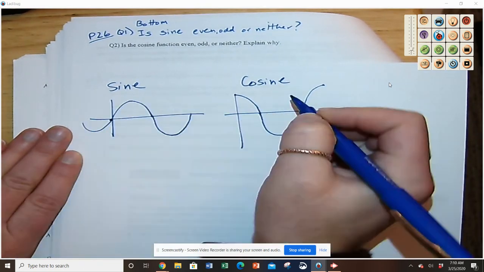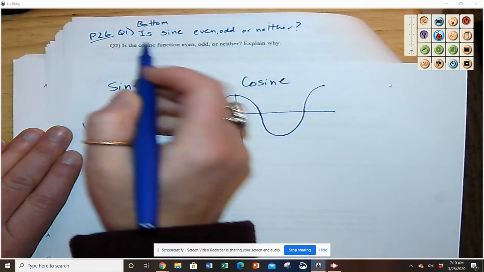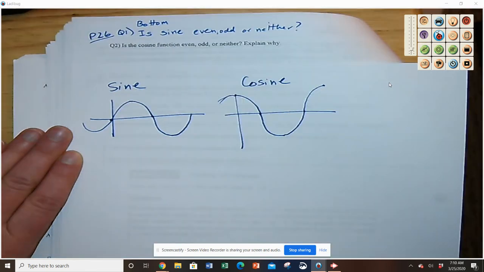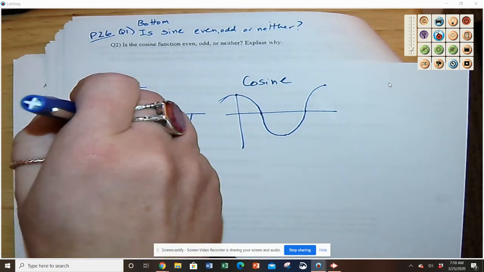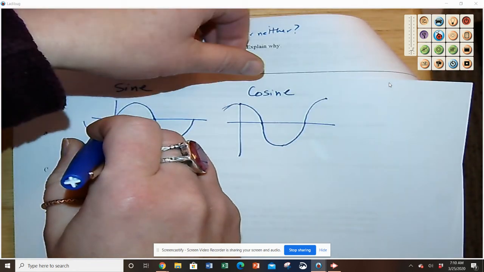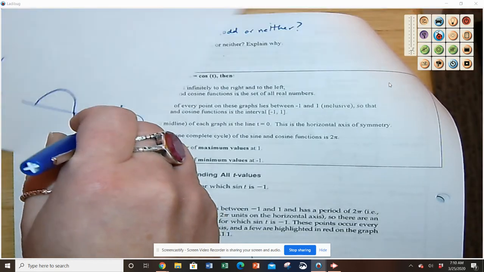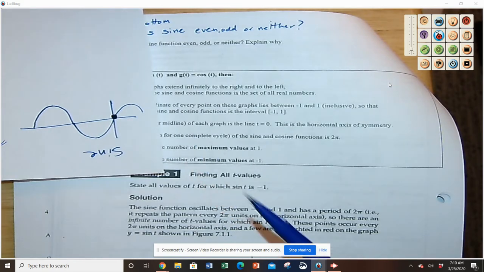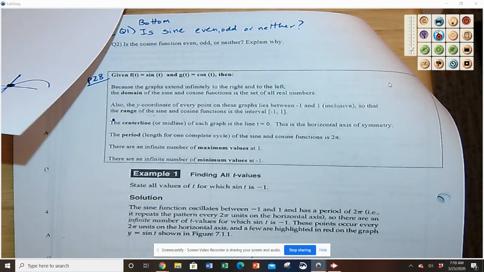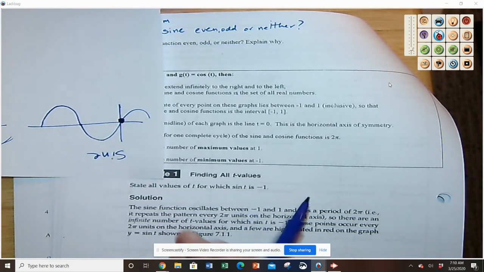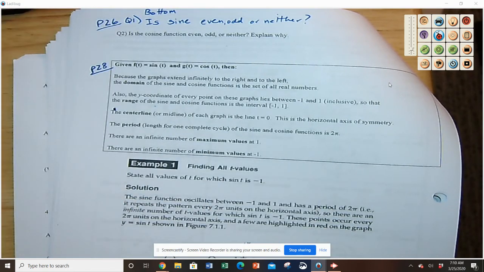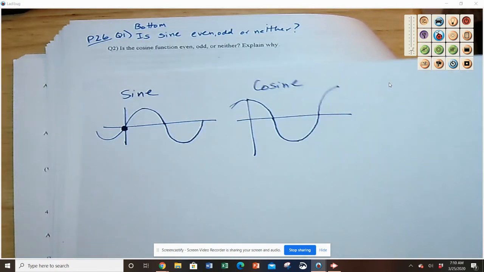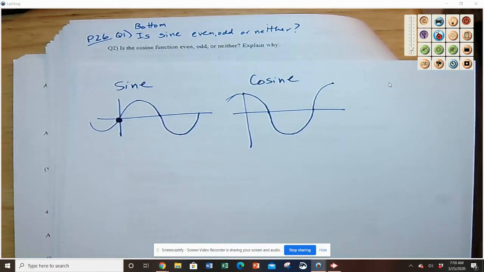So the reason why sine is odd is because we've talked about how you can rotate 180 degrees. So I'm going to go ahead and do that. So I'm going to put my pen here. It's probably going to bleed through. That'll be all right. And if I rotate, I get the exact same graph. It did bleed through. Not too bad. All right, so that's my sine graph. So it's a rotation of 180 degrees on the origin, or you can think that opposite inputs have opposite outputs,